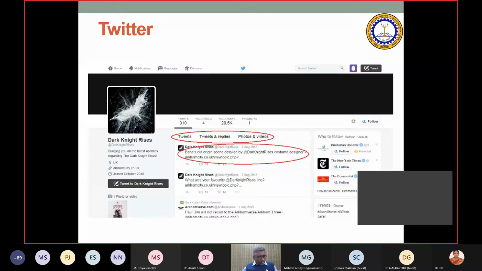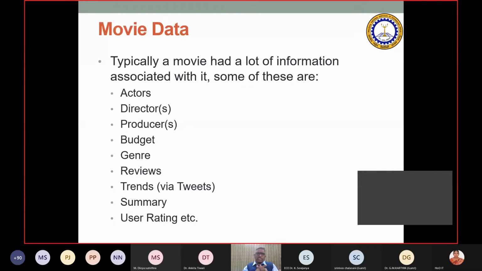Similarly, for tweets for the movie, there'll be a handle on Twitter for The Dark Knight Rises. So you go there and then you link it up. So you will get all the tweets which have come and all the replies and all the photos that have been placed. Then you can understand what the people are feeling based on the tweets. So the tweets were collected. Here, Flume was used to collect the tweets and then analyze the tweets, right? So that is the kind of mechanism. So all these kinds of information are usually collected.